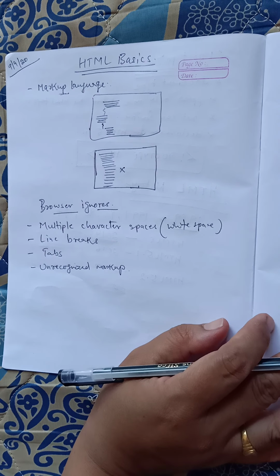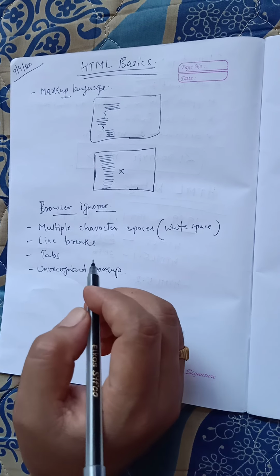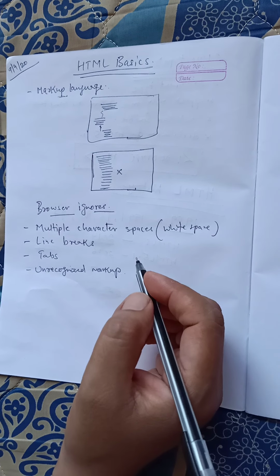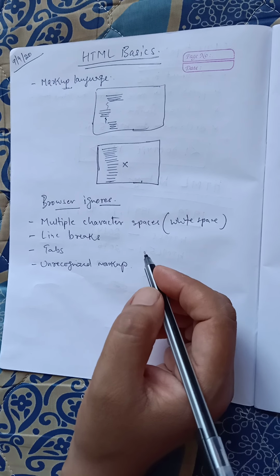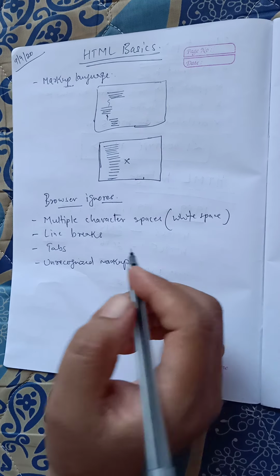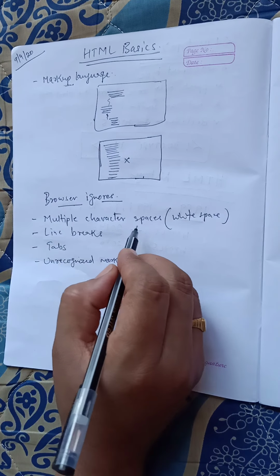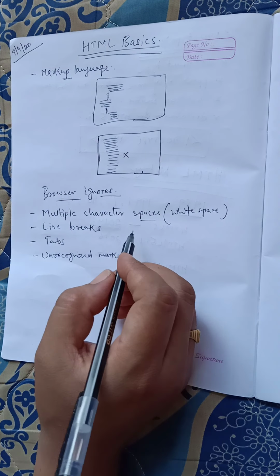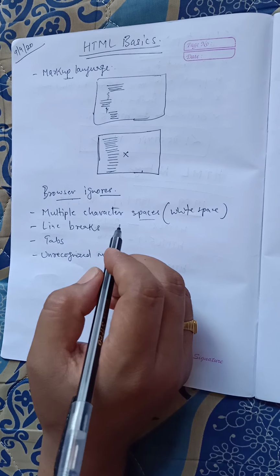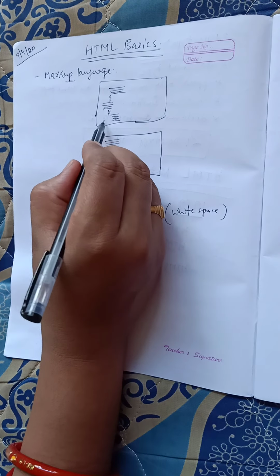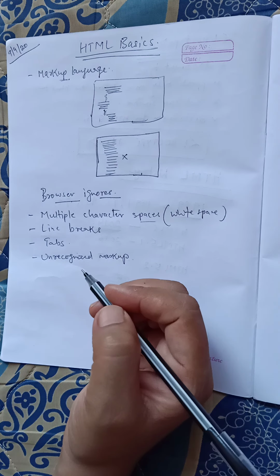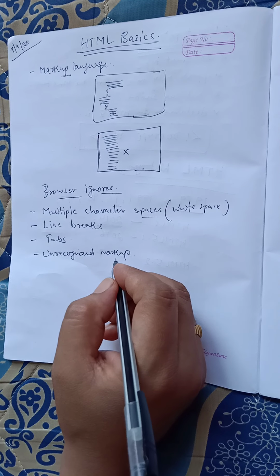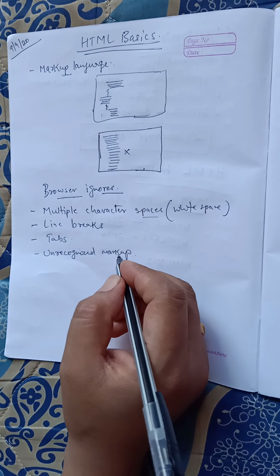unrecognized markup. So basically whenever we are not using HTML, not using the tags to write the contents which we need to display on the browser, then we should know that the browser always ignores your white space, that means your spaces, like this space whatever we are talking about. Line breaks, so going to a new line. Tabs, like here tabs are there, so all these things are ignored. Or any unrecognized markup, if anything we are using which is not defined in HTML, that is also ignored. Okay,